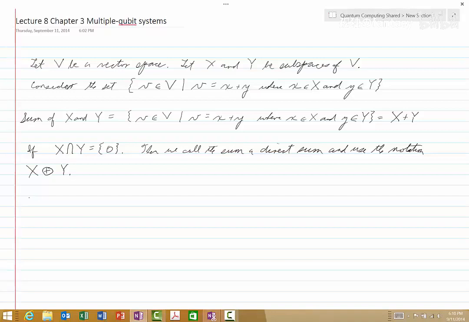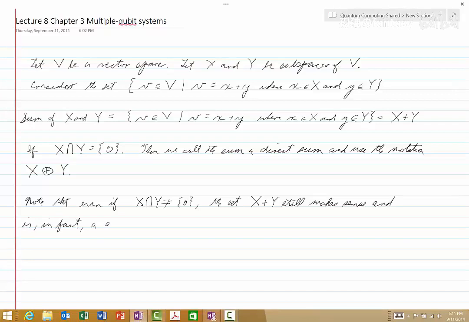Now, a couple of interesting notes. Note that even if the intersection of X and Y is not just the zero vector, the set X plus Y still makes sense and is in fact a subspace. In fact, that's what we showed in class. And now, just to clarify these ideas,